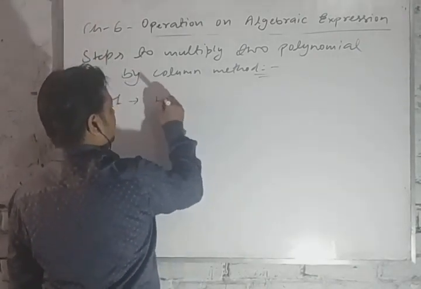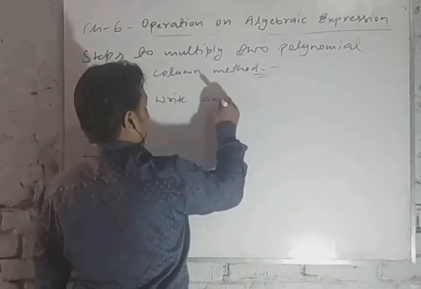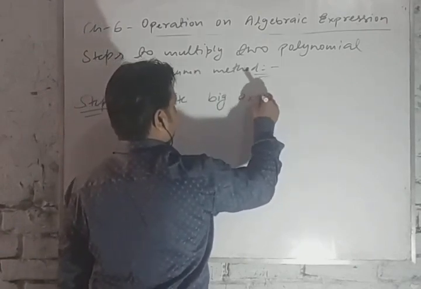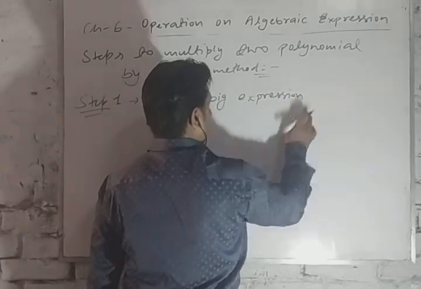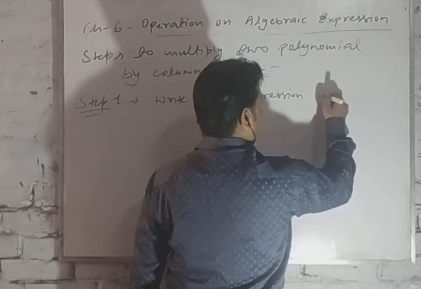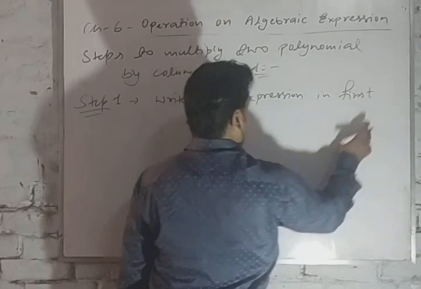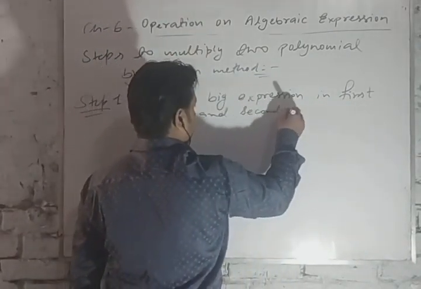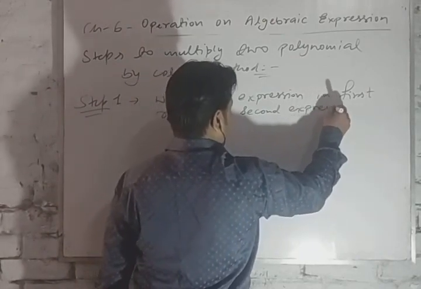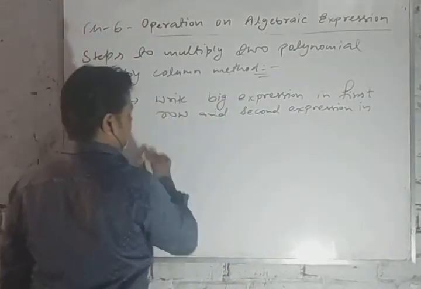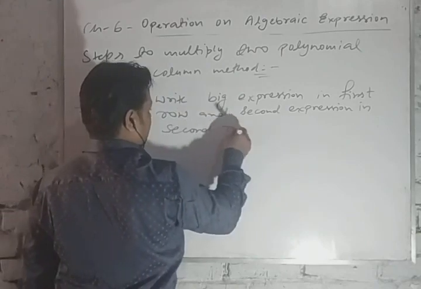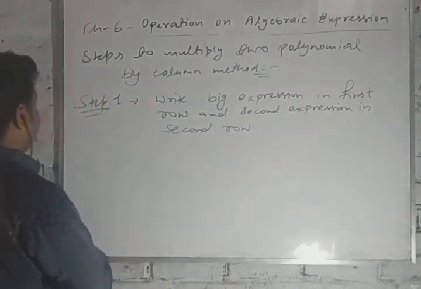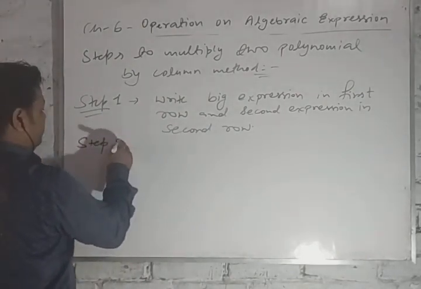At first, write the big expression in the first row and the second expression in the second row. Okay. After that, in step 2,